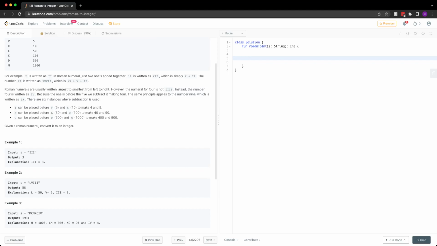So to do that, we'll come over here. Let's have an array of the possible inputs, then an array of what those inputs represent numerically, and then we'll have probably two empty lists, one being what the string is as numbers, and then one being our total.